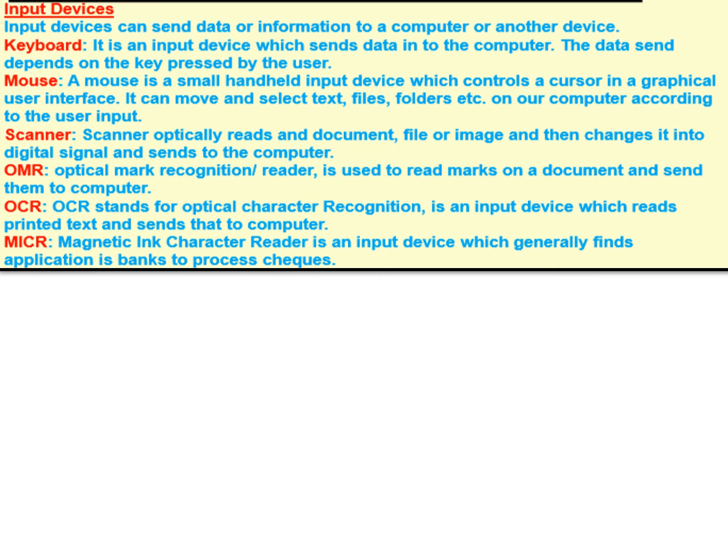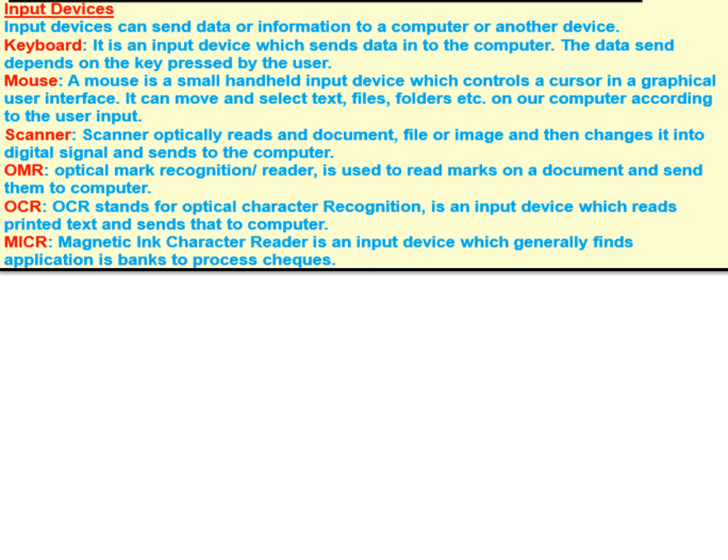But keep one thing in mind, whenever we are getting the printout of that file that has been scanned by the scanner, it becomes an output device. It is now the work of an output device. That device is known as a printer. Clear?